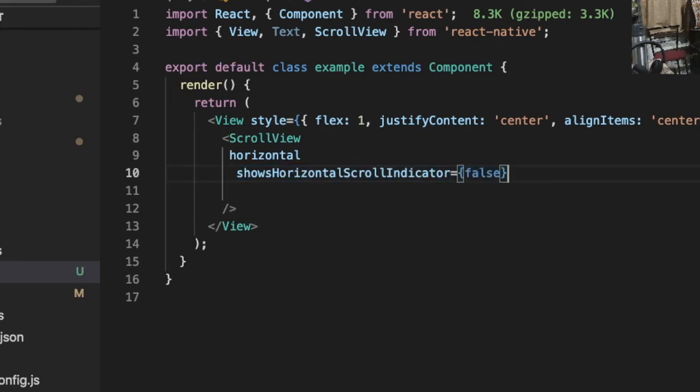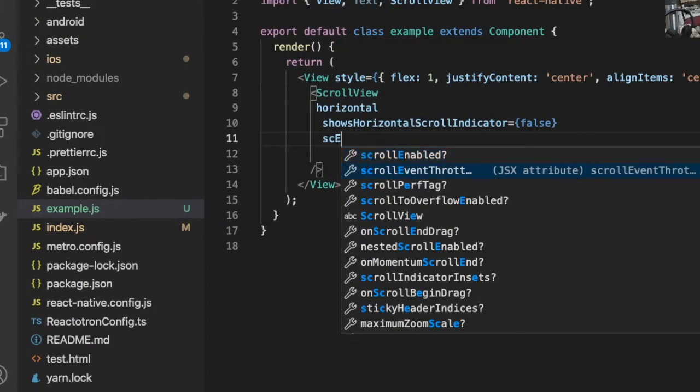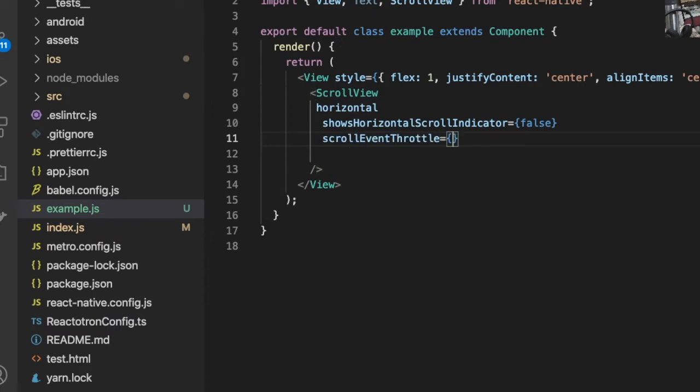Another one is the scroll event throttle. This one I want to make 10, because this is the prop by which we can update the position of the indicator.